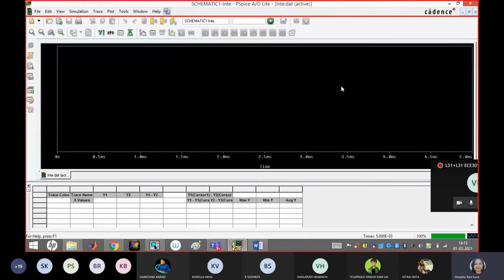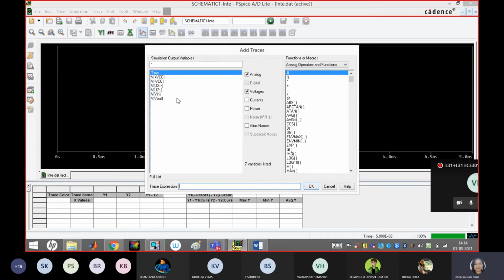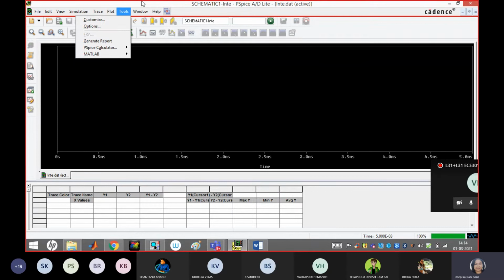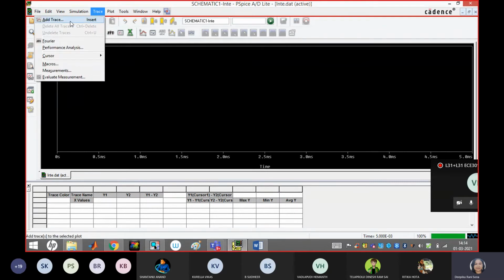Okay, after this, if I simulate this, there is nothing. So here is one new option you can check. Look here, guys. The Add Trace option is there. If I click this, I get this window. Initially, all the checkboxes will be selected. You may get this Add Trace option directly from the icon available here, or the Trace option is there, no? From that also you can go and add a trace. Suppose this icon is not appearing in your toolbar. Anyway, from the Trace menu or this direct icon you may go.